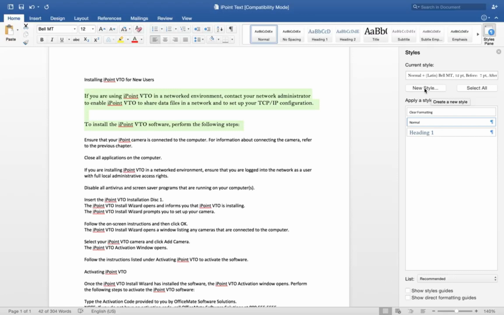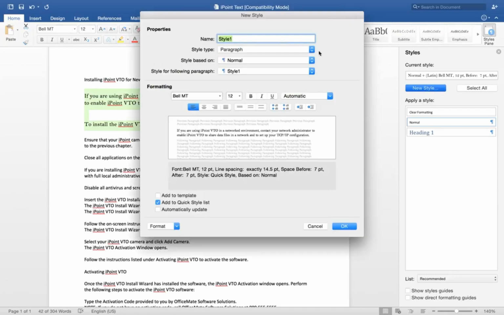If you're on Windows, the New Style button will actually be in the lower left corner of the Styles pane. Click New Style. We need to give it a name, in this case, Body. The style type is Paragraph because we want it to apply to the entire paragraph. You notice that all the formatting is automatically selected from the formatting that we manually applied.